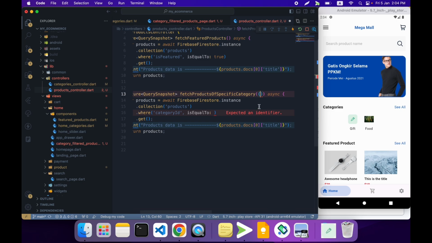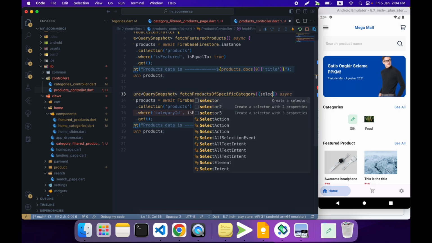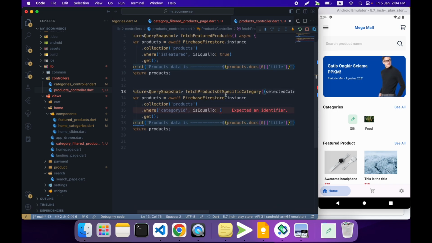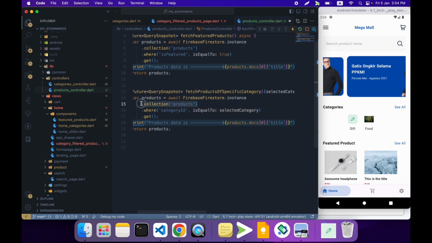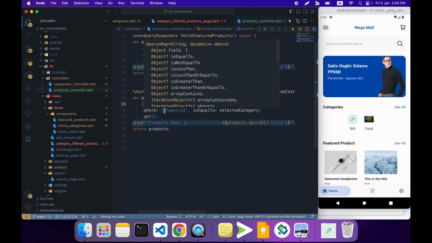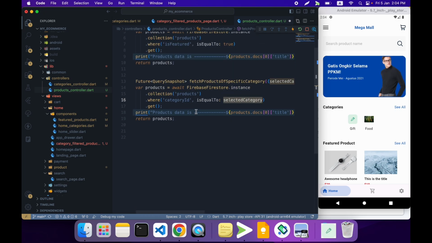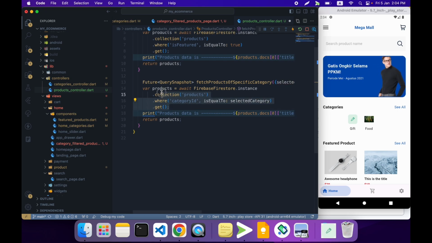So I can say selected category. We're going to receive it from the function, and then we're going to say fetch the products collection where the category ID matches the selected category. So that is the logic behind this code, and we can print it just to see it in the debug console,